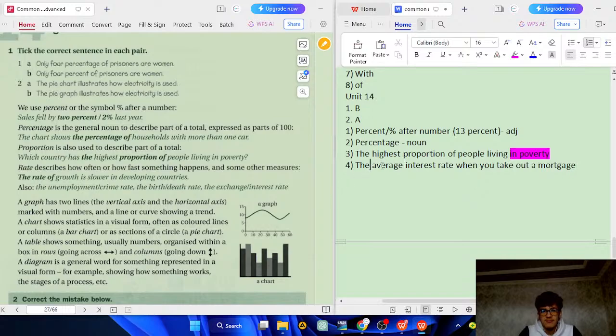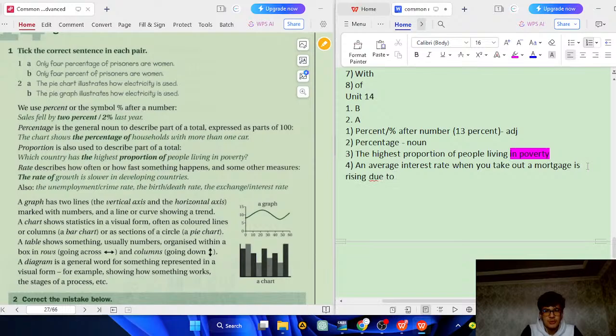Why not an average interest rate? The rate of an average interest rate when you take out a mortgage is rising